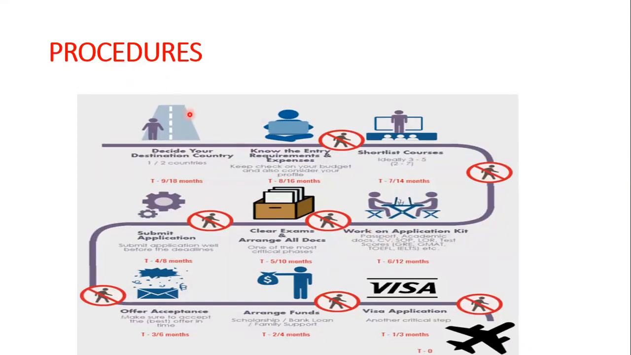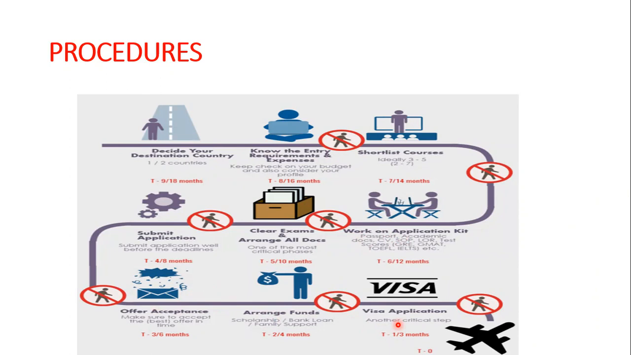That this is also a process, and this process is visa. Decide your destination and country. This is the first thing. Know the entry requirements and expenses. Okay. And then short courses, like people have to do English courses, IELTS and all that, submit the application, clear the exams, okay, work on the application kit, offer acceptance, arrange funds, visa application, and this is how you go. The students,